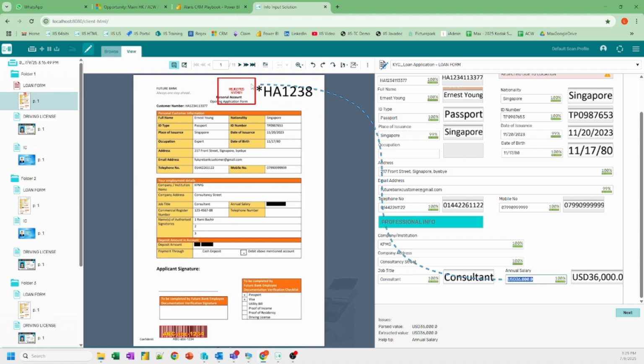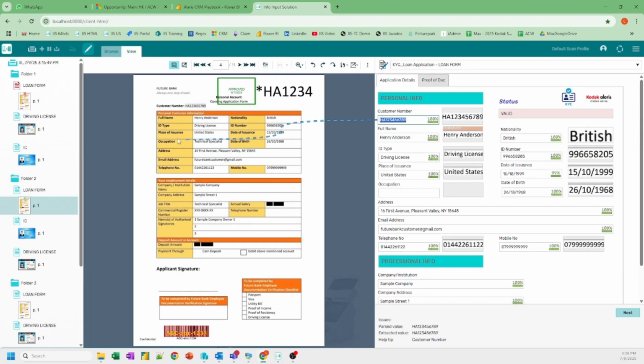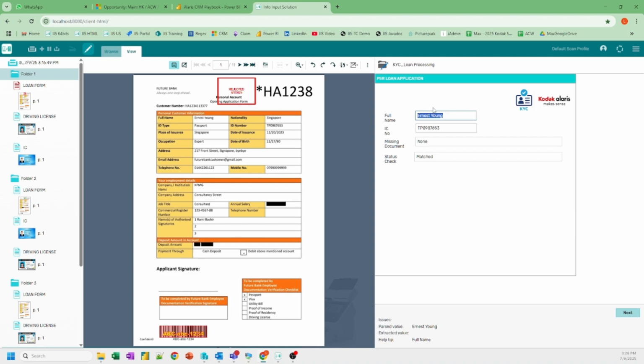And then in the document here, we also have something showing whether it's rejected. In the demo, we purposely set it so that if the location is Singapore, then it should be rejected because this is mainly for US processing. If I go to the second set of documents here, you can see this is approved because the place of issuance was United States instead of Singapore. So this is the demo that we do. Now, if I go folder by folder, you can see the full name for the processing, and for this set, there's no missing document and everything was matched. Now, if I go to folder 2, we are expecting the